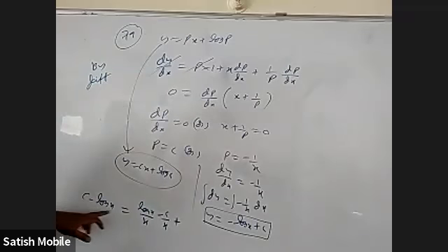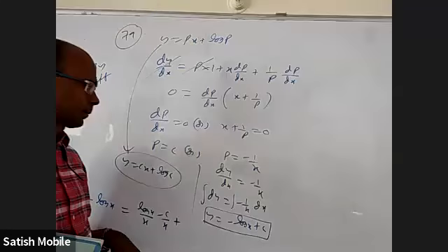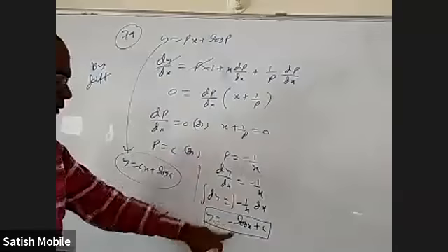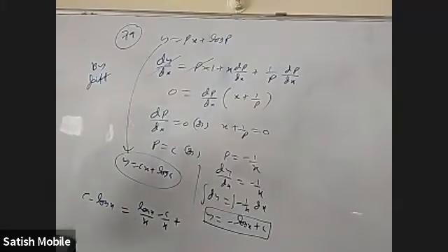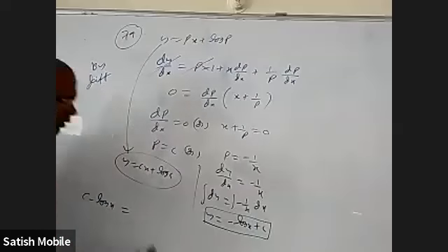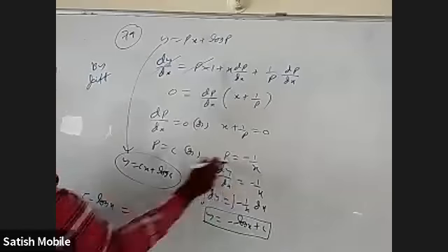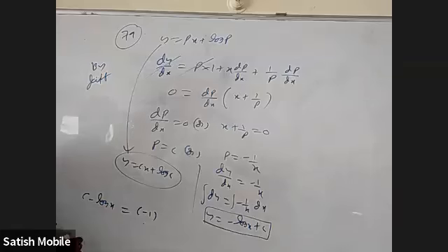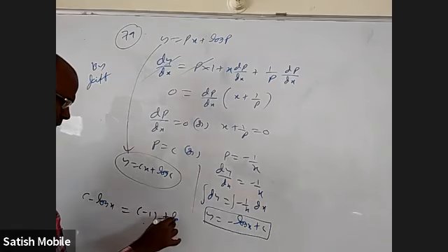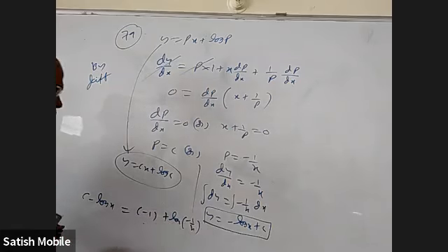Y, I wrote c minus log x, and the px. P is minus 1 by x, and I multiply. It's not px, sorry. I wrote py, it is wrong. What is px? I have to multiply this with x. So p is only minus 1. And the log p is log of minus 1 by x.